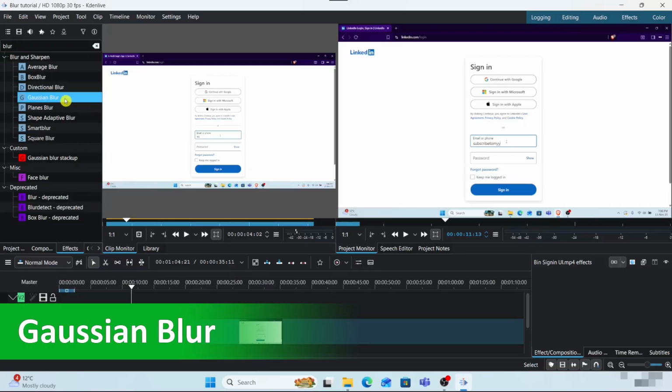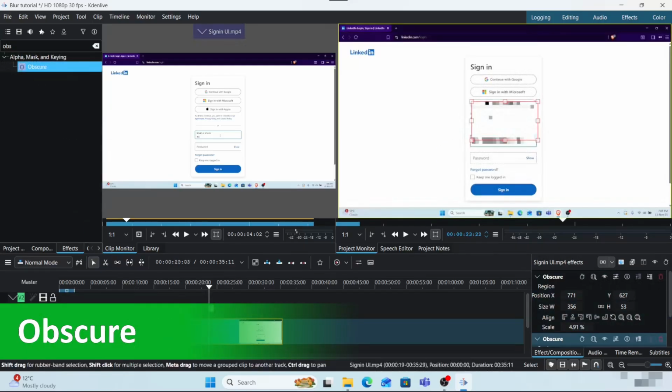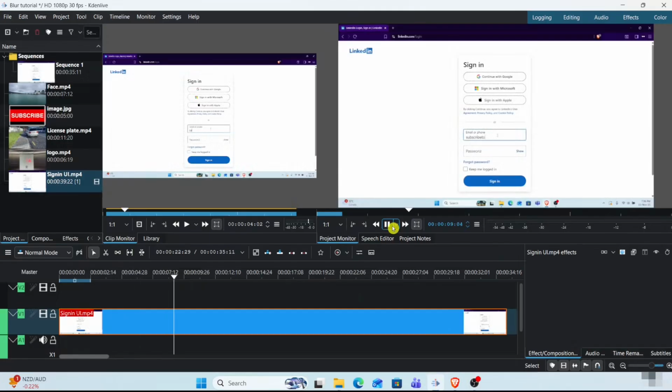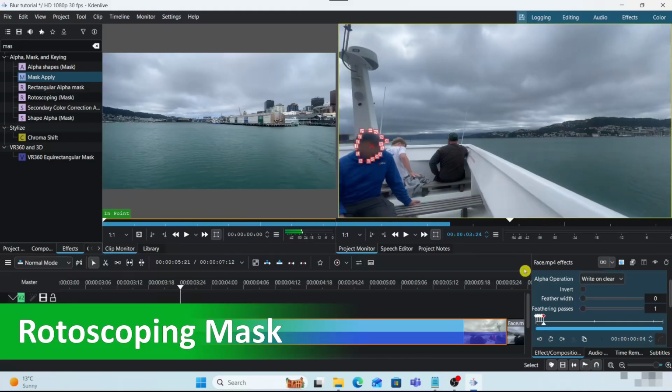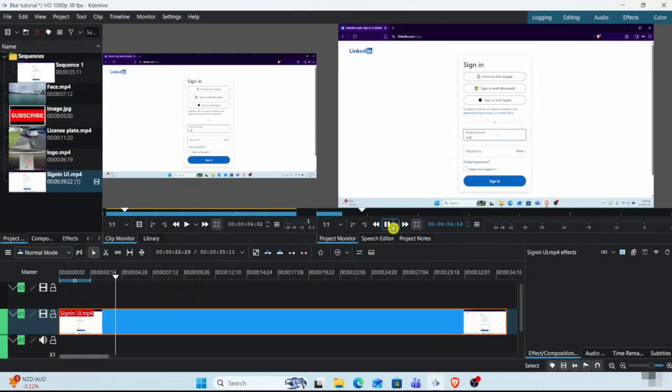Hi, in this video I will show you the best methods to blur or obscure in Kdenlive, from the quick and easy to advanced and awesome. Let's dive in. This is a screen recording of a common sign-in interface where you may want to hide private